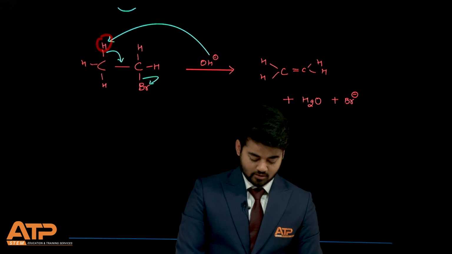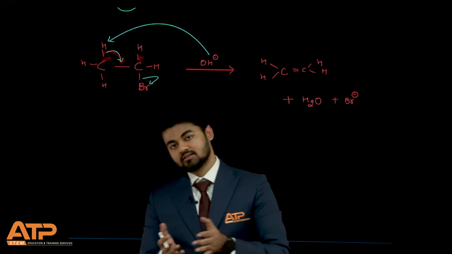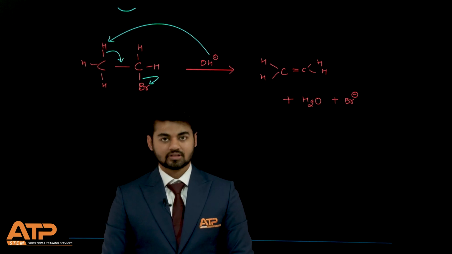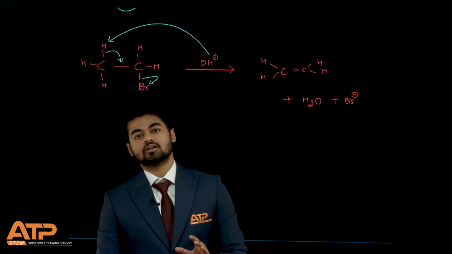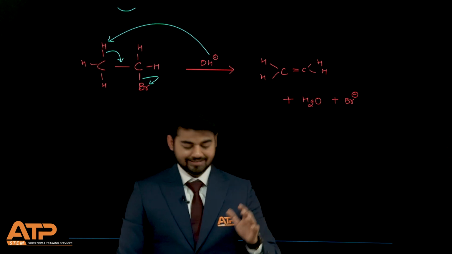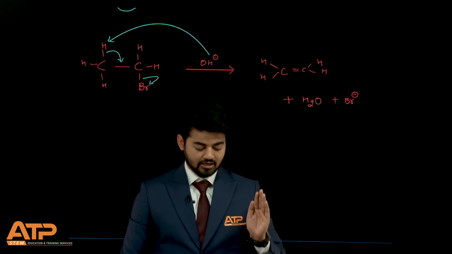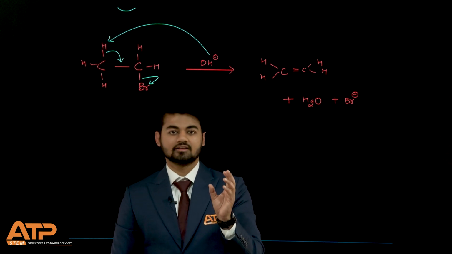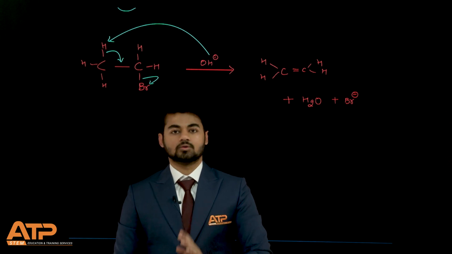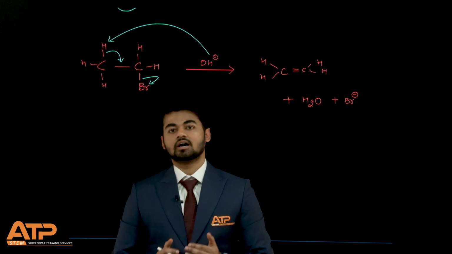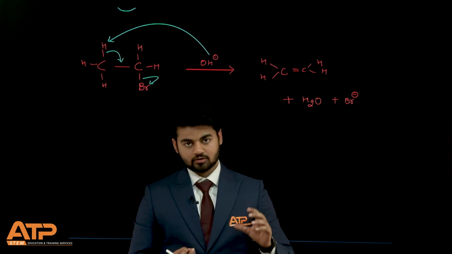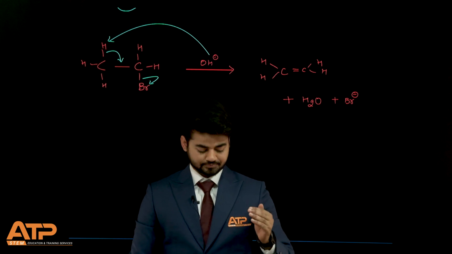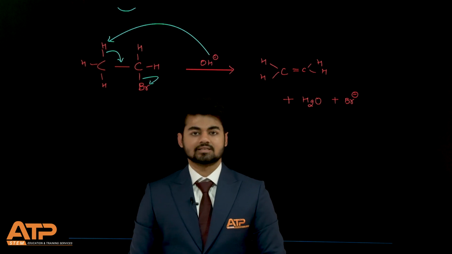Because H plus is kicked out, this became slightly negative and the other carbon slightly positive. They started making a pi bond, right? This is the idea. Check this dehydrohalogenation, the beta elimination reaction. It is an E2 type elimination I have shown here. As of now, just understand the direction of arrows. Arrows again are drawn in the direction of electron transfer. That electron transfer is from donor atom to acceptor atom.